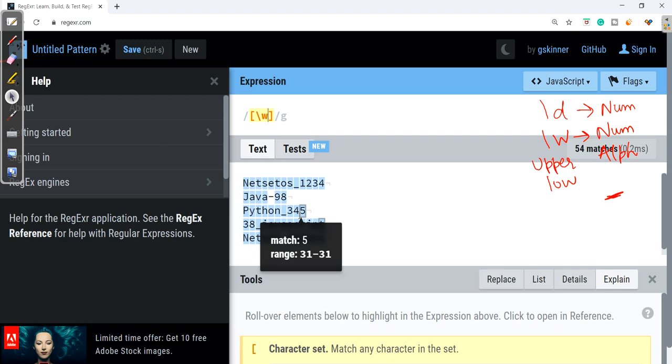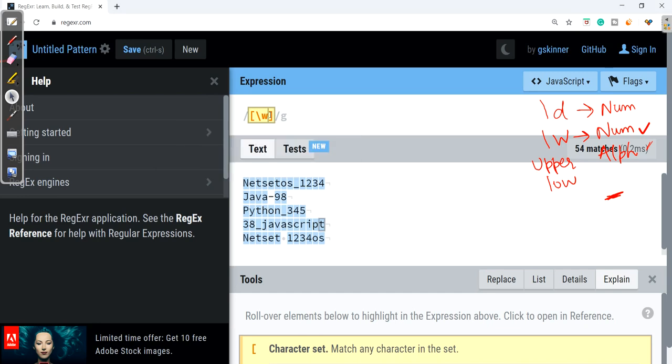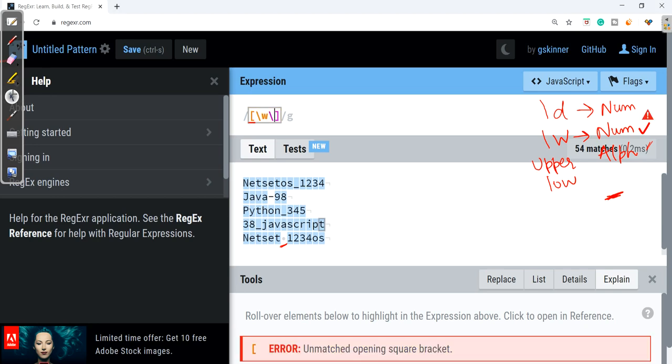You can see it's matching all the characters, whether numbers, uppercase or lowercase alphabets, and the underscore also. So you can see it's quite a bit less typing. Now if I want space to be tracked, as it is not detected over here, I'll write \s.